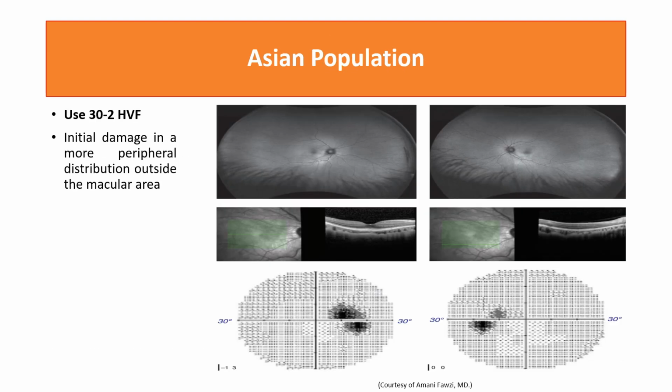For the Asian population, as we said earlier, due to genetic factor differences between Asian and European people, patients of Asian descent usually have an extramacular presentation of Plaquenil retinopathy. So in order to discover or detect early changes, we need to use a 30-2 visual field, or even a 20-2 visual field. However, we should use 10-2 only for patients of European descent, because they have a parafoveal presentation. Asian people have initial damage in the more peripheral distribution, as we see here in this fundus autofluorescence